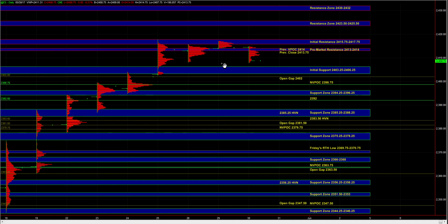So in the overnight session so far, the sell side has been dominant. Heading into the open, we have the initial support zone at 03 quarter to 06 quarter, which marks the balanced breakout area from last week. It is still technically a spot where responsive buyers can be active, but given the selling that we've seen in the overnight session and the fact that we are still trading pretty close to the all-time high, we have to see how the market approaches the initial support zone, and then we have to determine whether we are seeing excess